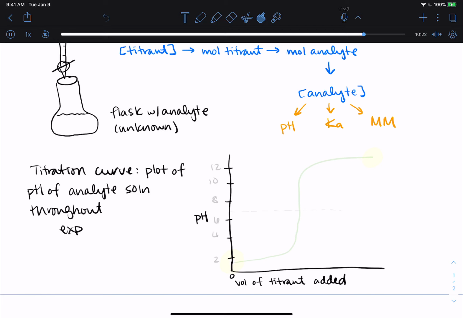And then as we go through and add the titrant, the pH will change. So one possibility is that our titration curve, well, let me actually have these. We'll say 2, 4, 6, 8, 10, 12 for our pH markings. So if my titration curve looks something like this,